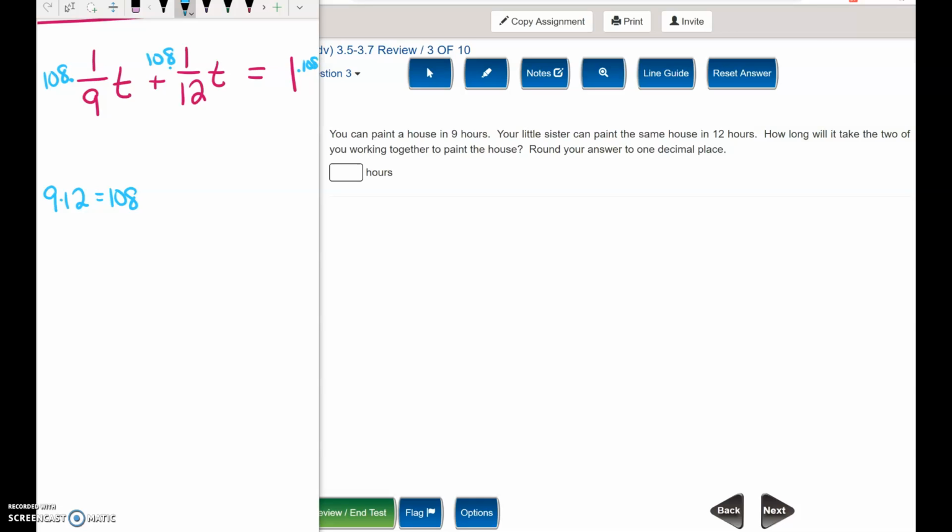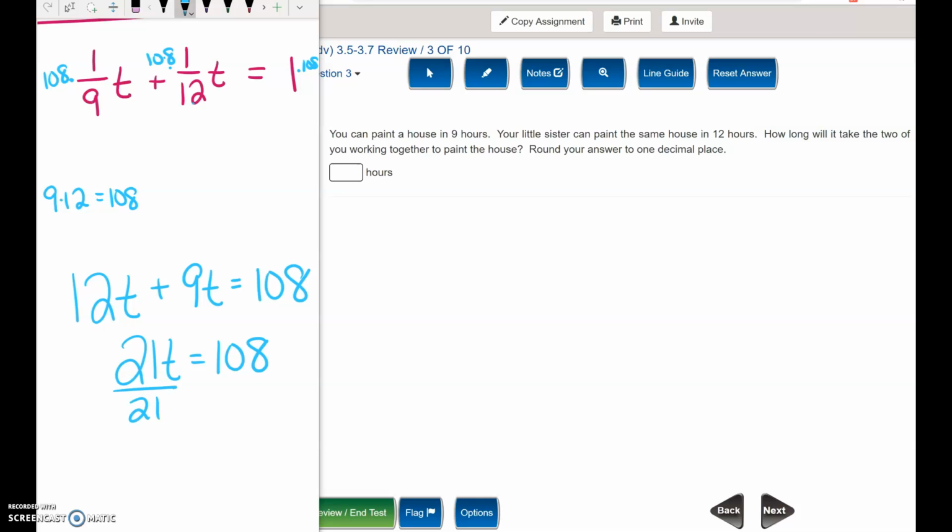108 times 1/9 is 12. 108 times 1/12 is 9. And 1 times 108 is 108. You're really just doing 108 divided by 9, 108 divided by 12. That gets rid of the fractions. 12 and 9 is 21. Divide both sides by 21, and we get